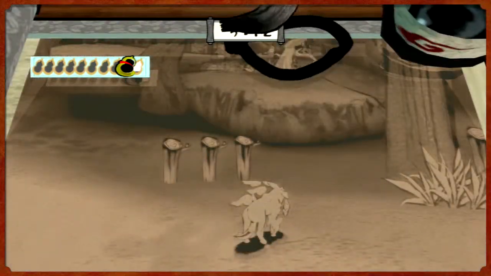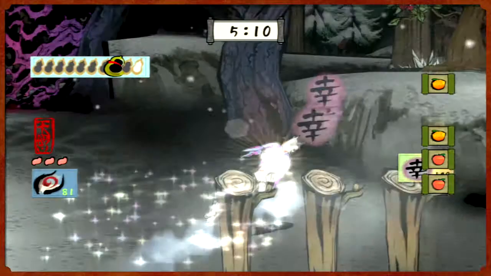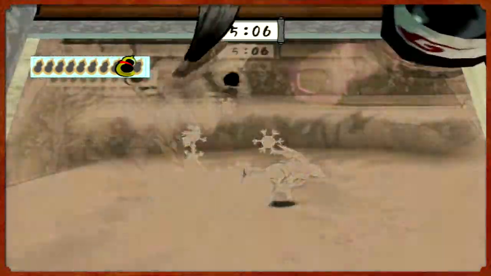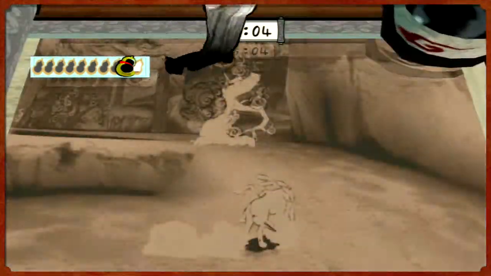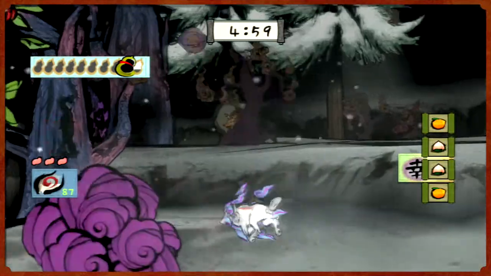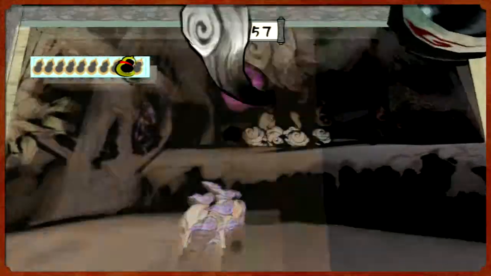Now, the thing about these trees, while they net you 3 praise each, they're demon trees and all that stuff, they throw their crap at you, and they're just all around a pain in the butt. You need to get rid of them. You need to bloom every single one of them possible if you can help it, because